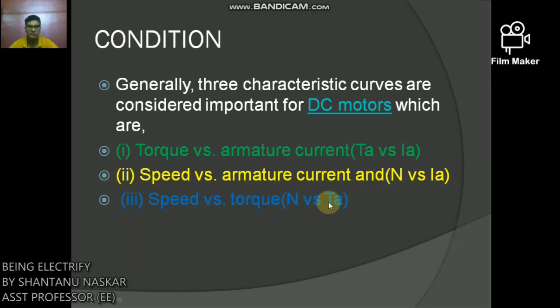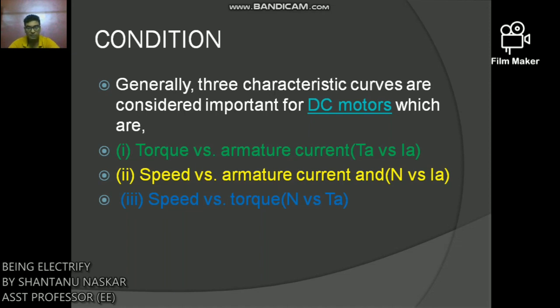So what are DC motor characteristics? There are three principal types of DC motor: shunt, series and compound. Both shunt and series types have only one field winding wound on the core of each pole of the motor. The compound type has two separate field windings, which we have discussed in our previous lecture, wound on the core of each pole.